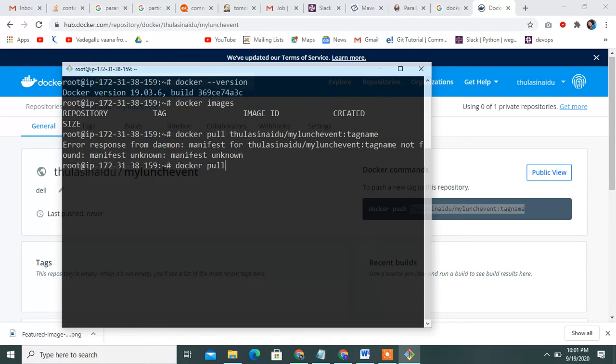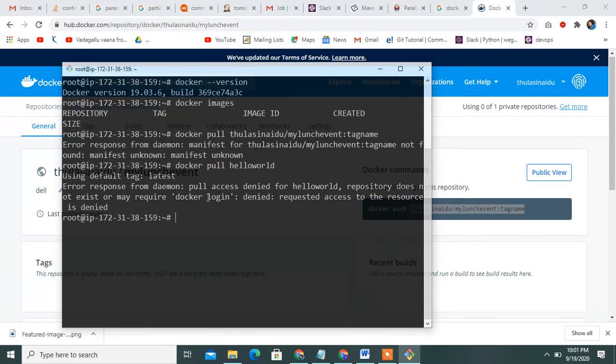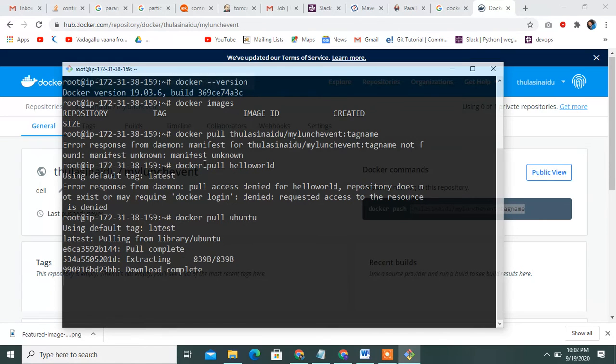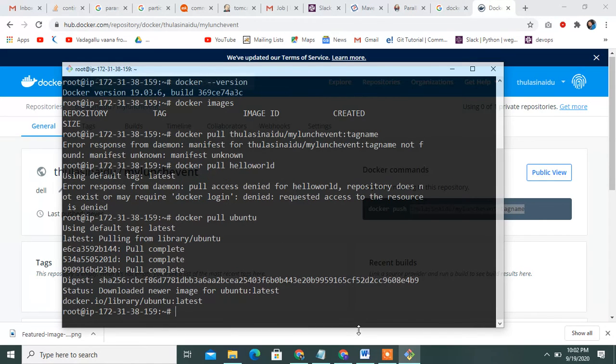Okay, that is it. The Ubuntu image is not there in my Docker Hub, that is my problem in not pulling this.